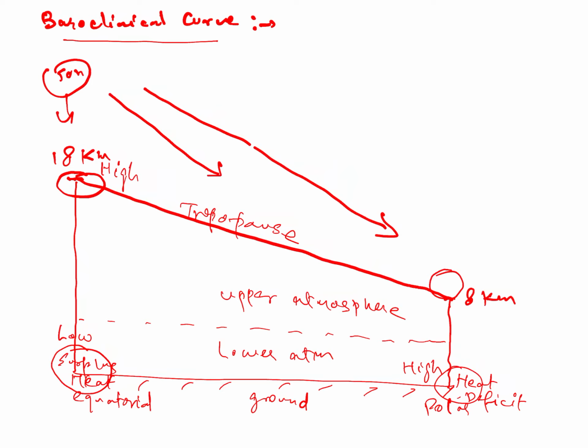So the pressure over the equator is what type? High. And what is the pressure at the polar region along the tropopause? Just over the high pressure is low pressure. So what is happening? Let's see the wind. Wind of ground and upper atmosphere, the point of difference. Wind is arising due to what kind of force?